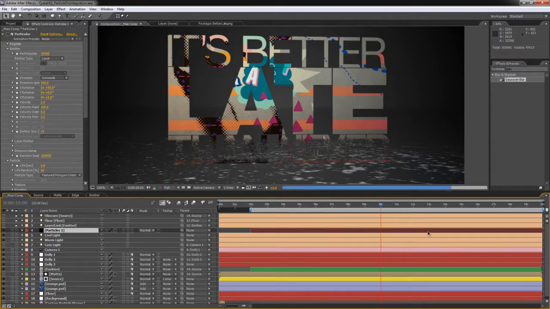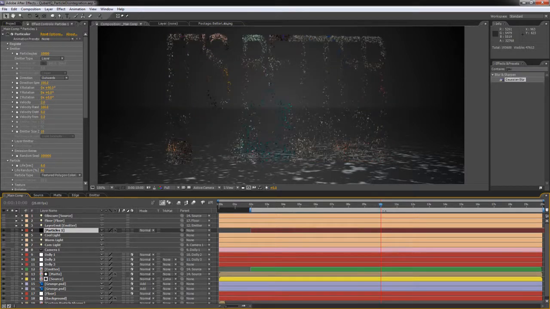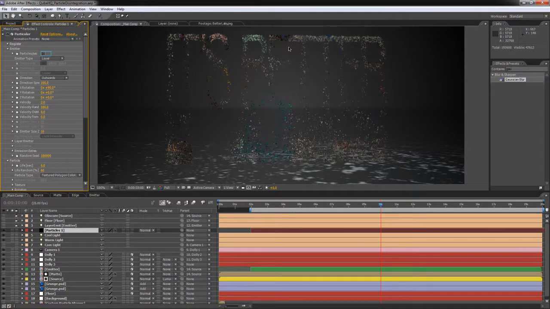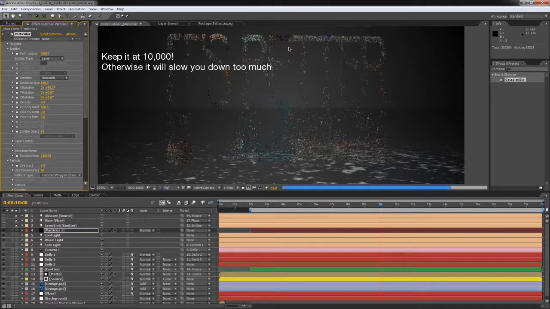You know what? Let's just turn it on completely and then disable it. So I mean, you can see that it's starting to take some time to render, but at the same time you can see that the text is still readable even though it's falling down as particles right now. So I'm gonna switch it to 20,000 particles per second,